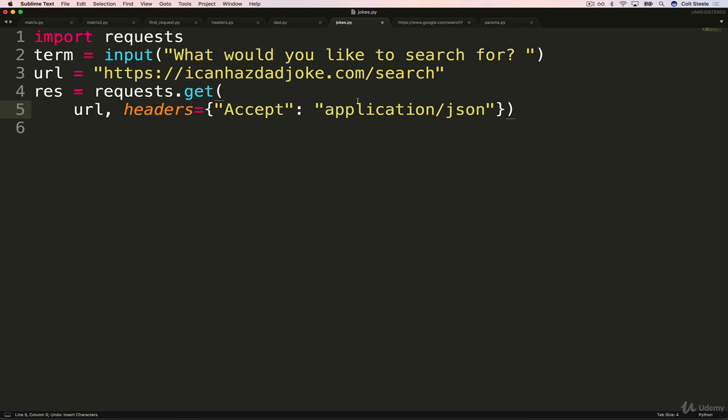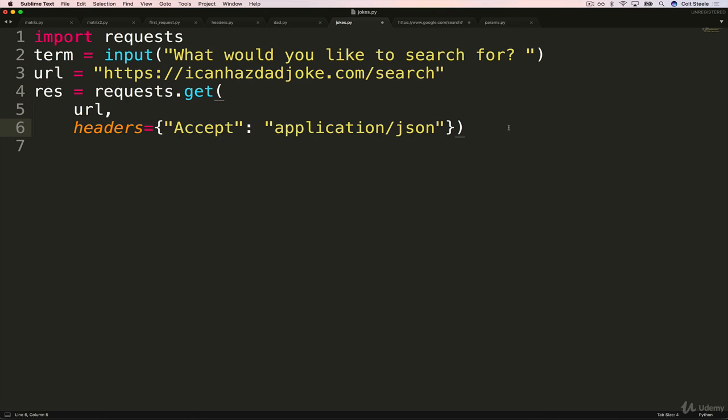So I'm going to put these on new lines to make it a bit easier. Put this down at the bottom, just like that. And we can actually just tack on .json right here. So we could make a new variable and call it JSON res equals res.json. Or I could just chain it on at the bottom like this. And I prefer this way because all we want is the JSON that comes back.